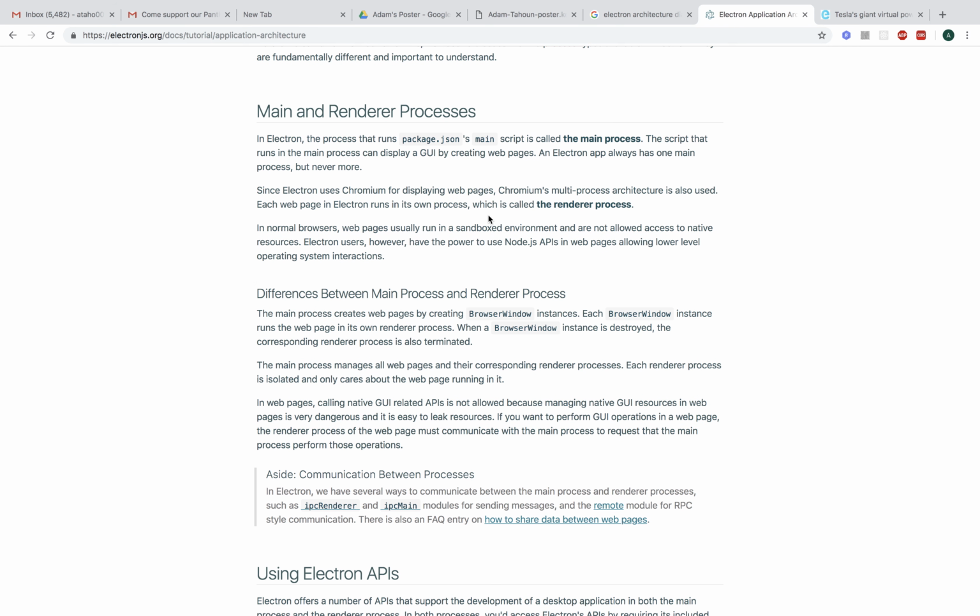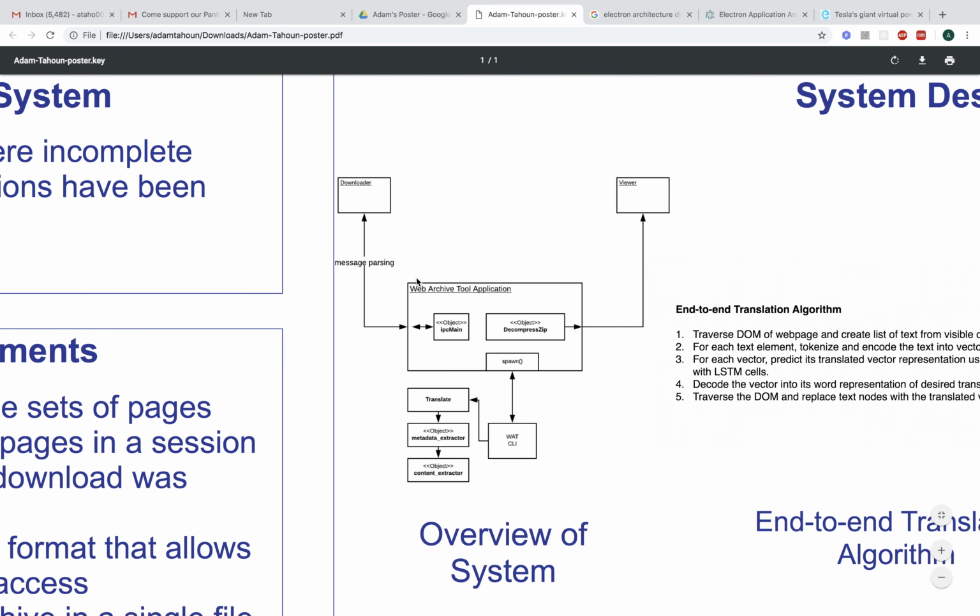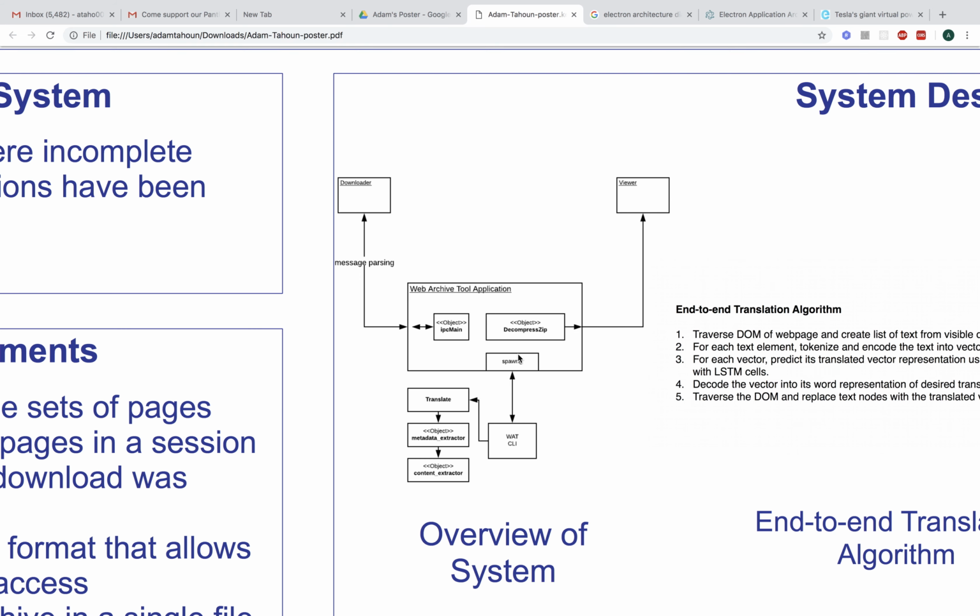This is really important, because as an application, we have this main process, and it's showing different windows and displaying different things. And then the renderer processes are spawned processes that communicate through messaging. So it gives you a lot of really good functionality right out of the box. We have a viewer and a downloader, and the downloader and main communicate through message passing. When we have a URL to download, we are going to spawn the WAT command line interface,